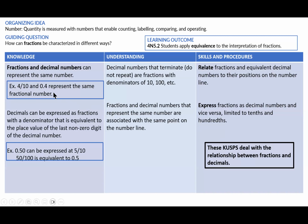And we have 0 and 4/10. You should always try and say 0 and 4/10, as much as you can. I know it's easy to say 0.4. It really is. Try not to use the word point. If you're going to say it, say decimal point. And then they're going to realize and see that in the next one here that